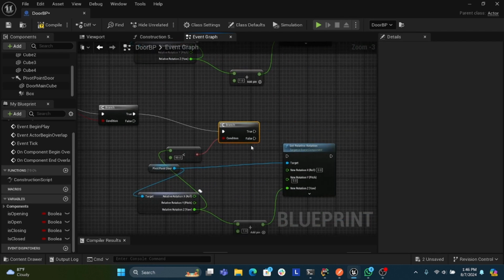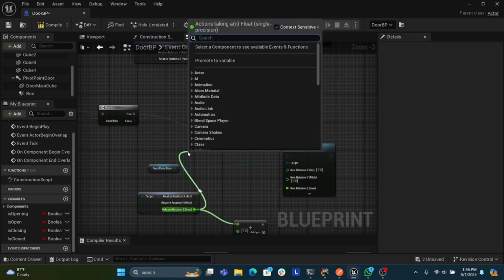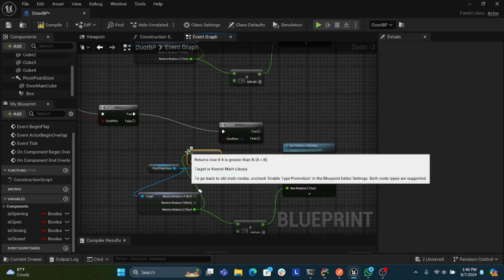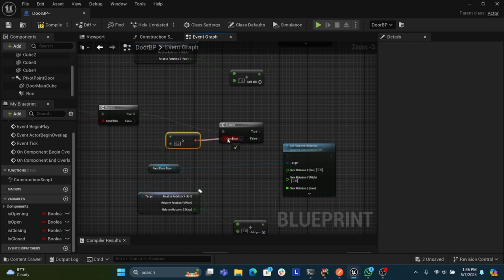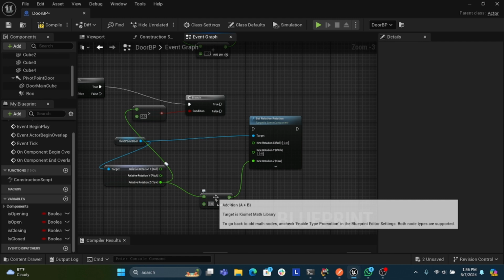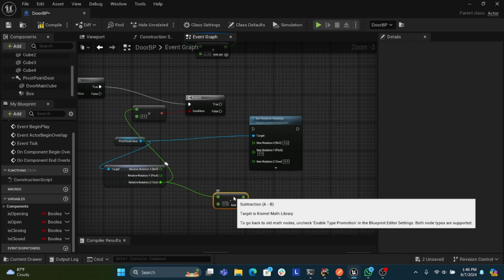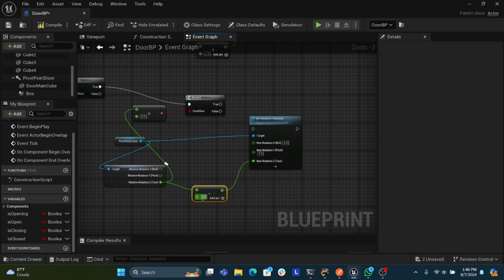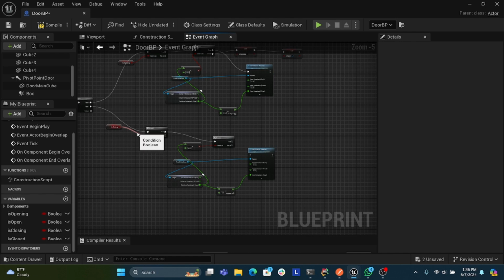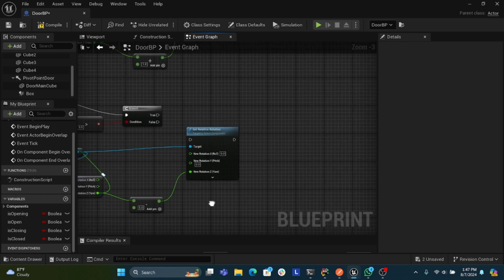If it's closing and the rotation is greater than 0 degrees, then we will reduce this. Instead of adding up, we will subtract by 5. Now what it will do, if it is closing, then it will reduce the rotation by 5 degrees,